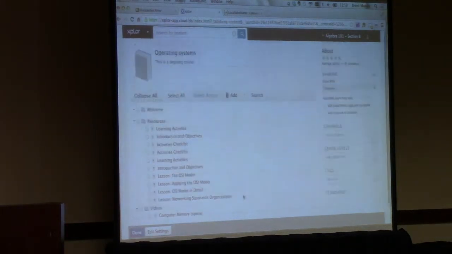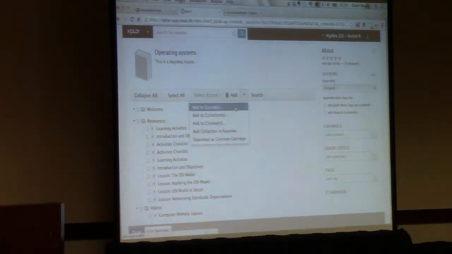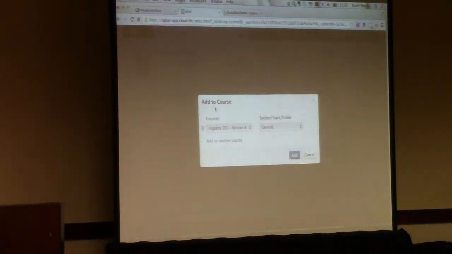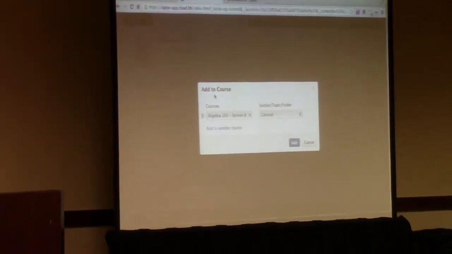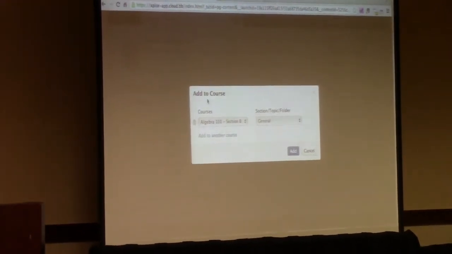So from here, and again, this is within the collection that I've created, I'm going to go back to my add button, and I'm going to say add to courses. And one of the things that xpLor is able to do, since I went from the learning management system to xpLor, and we're using LTI for that connection,